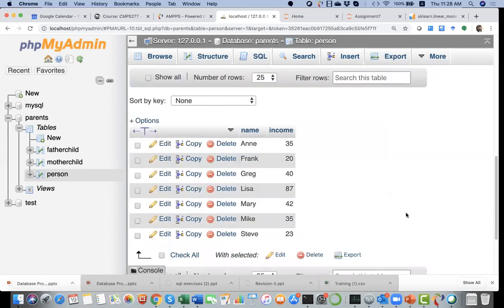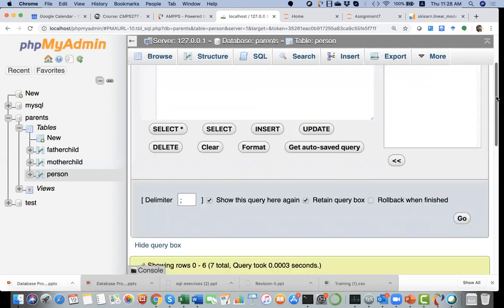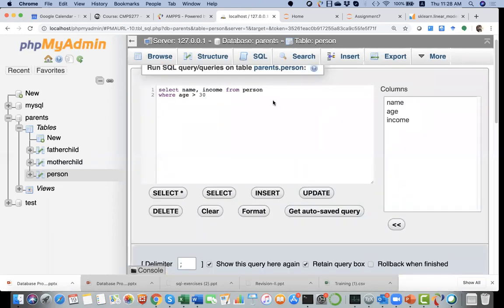All right, it got me these people, right? For instance, Frank makes 20. This did not appear in the result of the other query, right? And we got other people that do not appear here. What is the difference between this query and the query you're suggesting? This one just gets me the name and income of people whose age is greater than 30. This one,